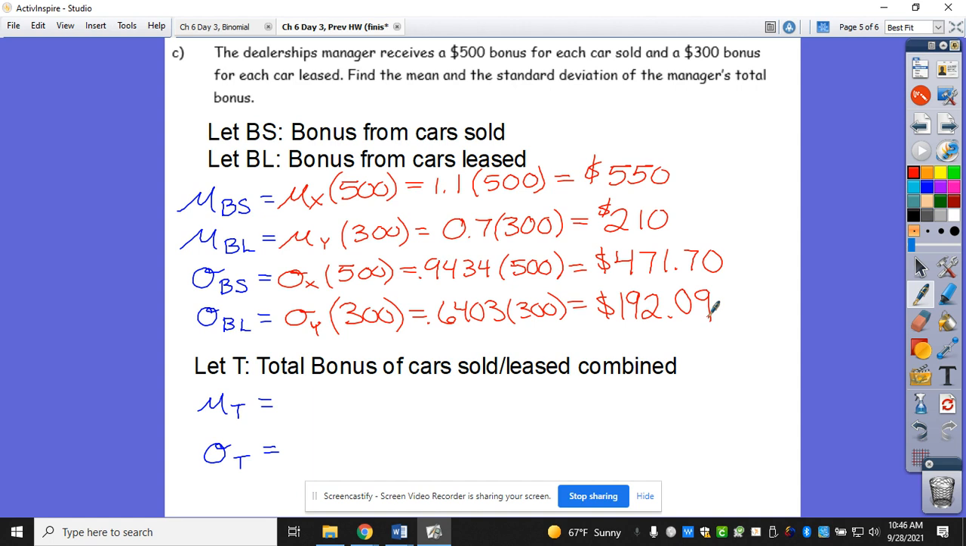So here I want to know my total bonus. So what do I do with my average? How do I get mu of T? Add mu of BS. So I have my 550 plus my 210, which gives me a total of